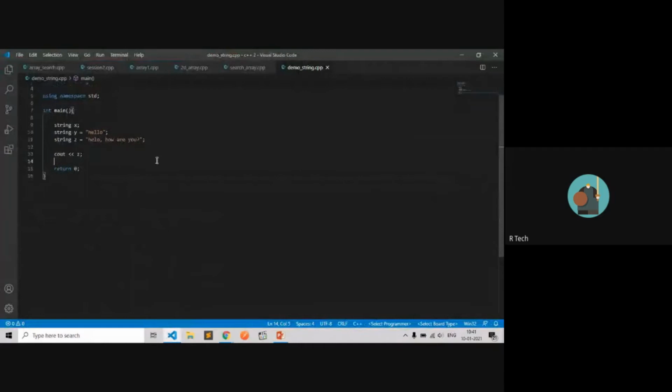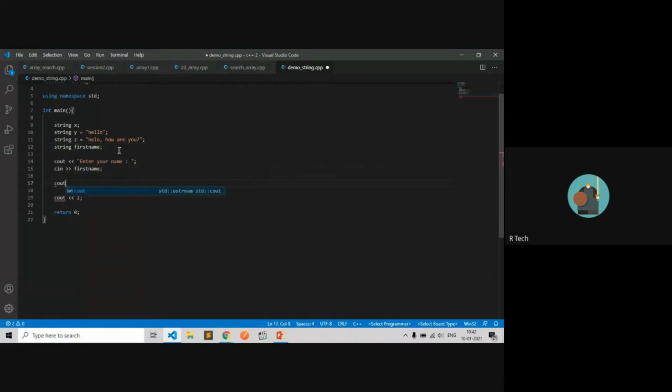Let's take an input from the user. cout, enter your name. Declare a variable for name. Let's take the first name.